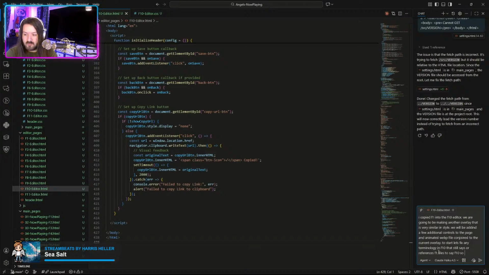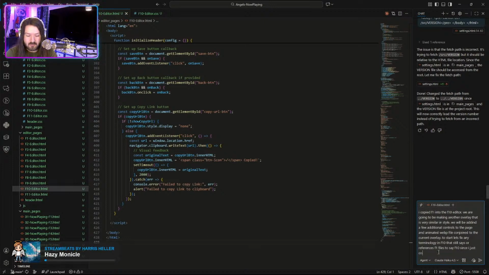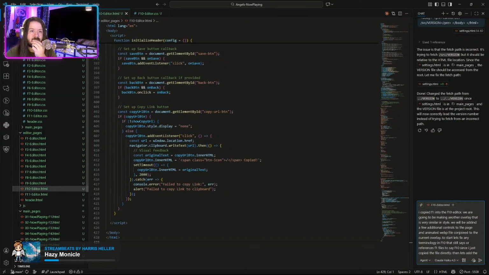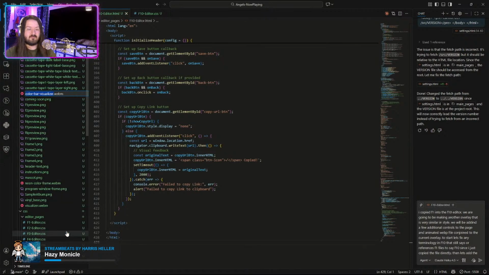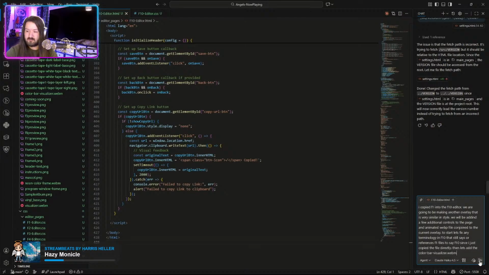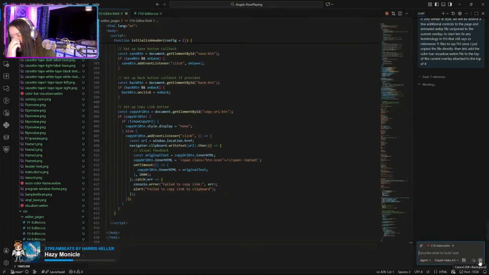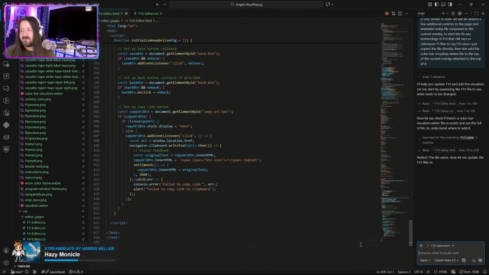So since I just... We'll see what all he can get done. If not, I mean, it's easy. I could have just done Control F and searched for F1, but